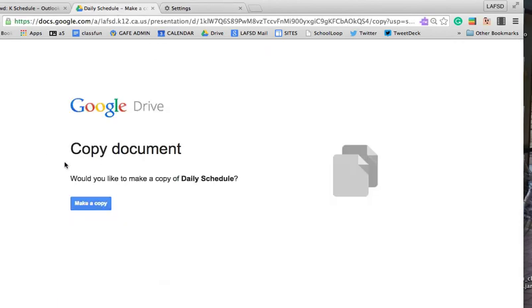So if you're getting some other message here, it's because either one, it wasn't shared with you, and I checked the sharing settings and they are shared with the kindergarten team, or you're not signed in correctly. So make sure you sign in correctly, and your name should be up here with, it should say ldelapo at lafsd.k12.ca.us if that was your address. Obviously it's not, that's mine.